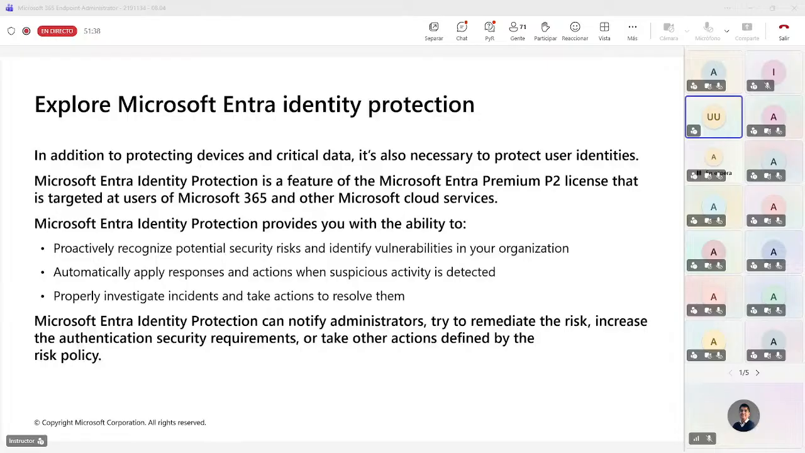It could try to remediate the risk. It can increase the authentication security requirements. For example, hey, you need to sign in with MFA, right? Or take some other action that's defined in policy. Now, the sign-in risk level can be low and above, medium and above, and high. And so for each risk level, you define some actions like requiring MFA or requiring a password change or even